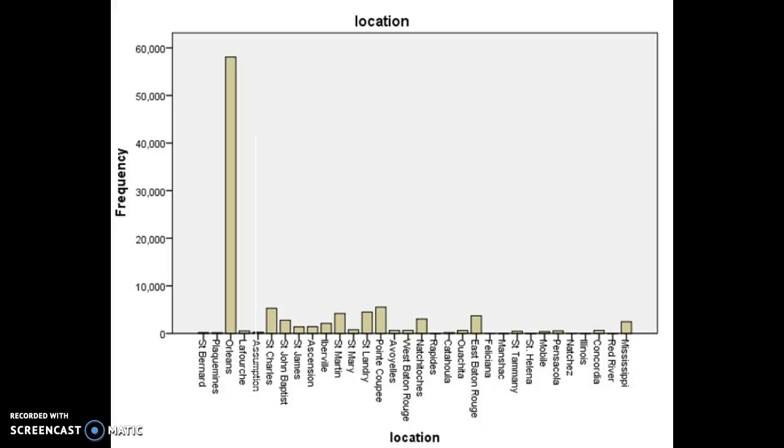Now, all these variables are broken down within parishes, and Orleans by far had the most slaves, with around 57,000 slaves within that area, and that could be contributed to the fact that Orleans houses New Orleans, which is the major port within Louisiana, which can attest to the large population of slaves and the large concentration of slaves